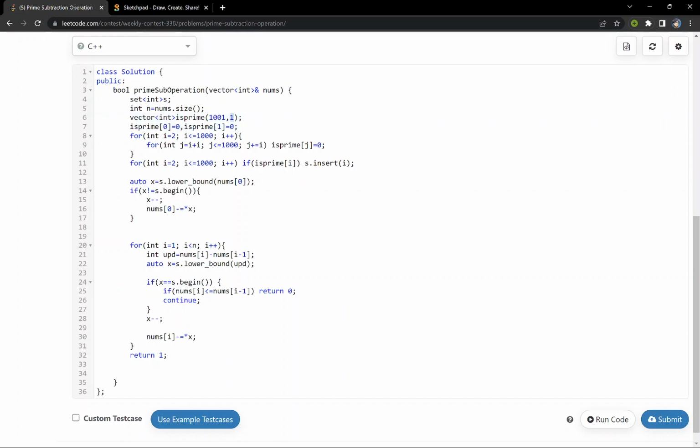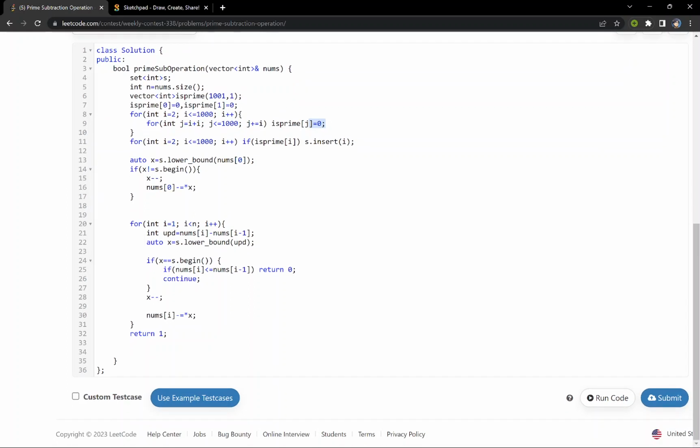Firstly, I have initialized all the elements as 1 and said that all the elements are prime, and for each prime element, all the multiples of that prime I am making non-prime, and I am inserting all the prime elements into that set.